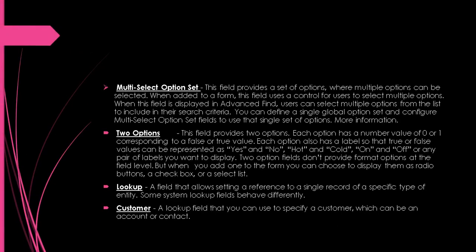Multi-select option set. This is a new option in Dynamics 365. It is similar to option set, but at the same time I can select more than one option in the CRM user interface main form itself when I'm selecting options through the drop down. In a similar way it behaves for advanced find also. Two options: when I have to select, it's kind of a radio button. I have to select yes or no, one or two, so true or false. For these kinds of values, this data type is used.